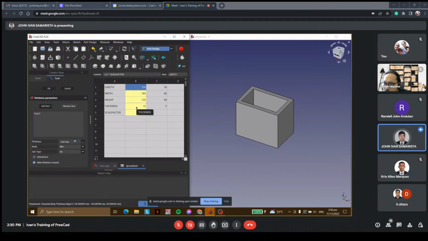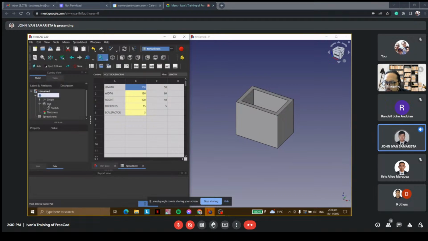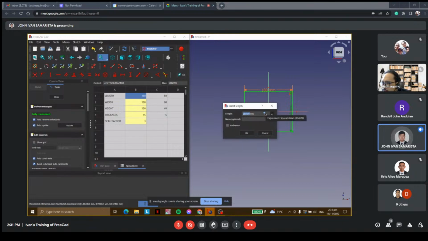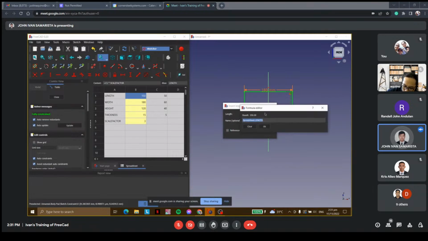After assigning such labels, you can just simply go back to your sketch and then choose the dimensions that you want to connect to your spreadsheet. I'm going to show it to you again. If you go back to our sketch, just double click the dimension and then click this one, the small icon which says expression. You click that one and then